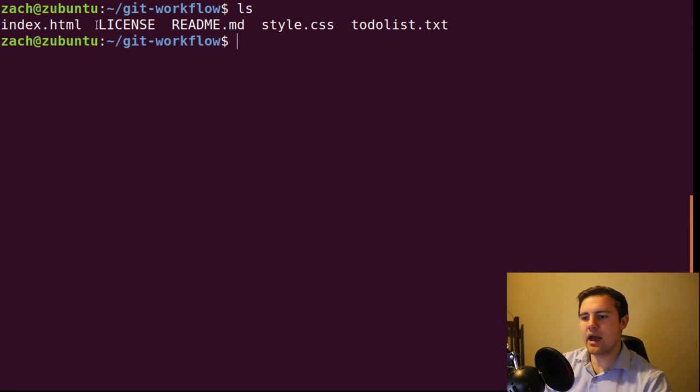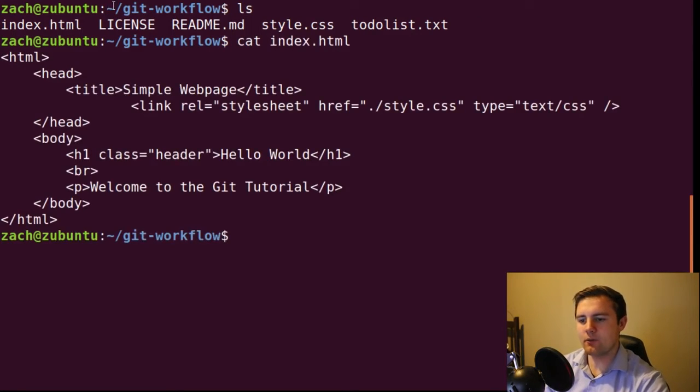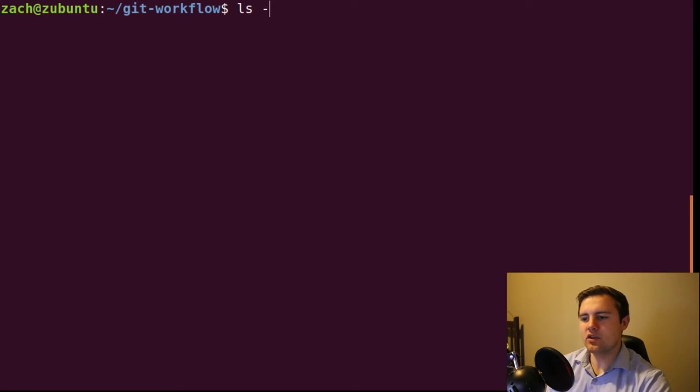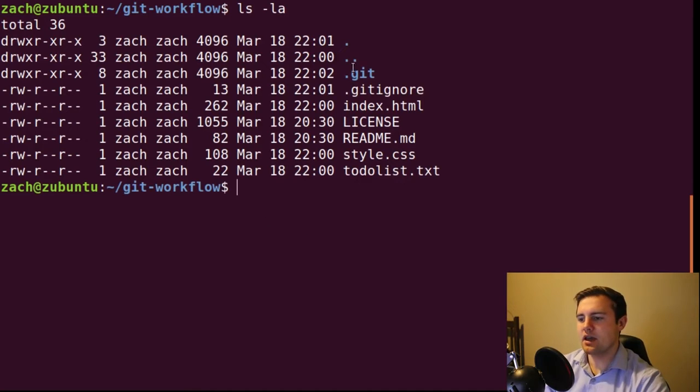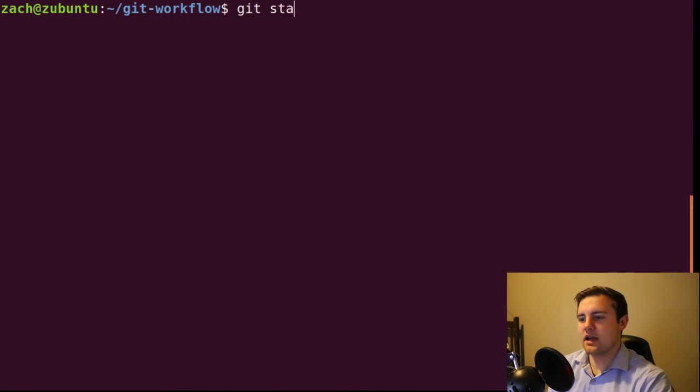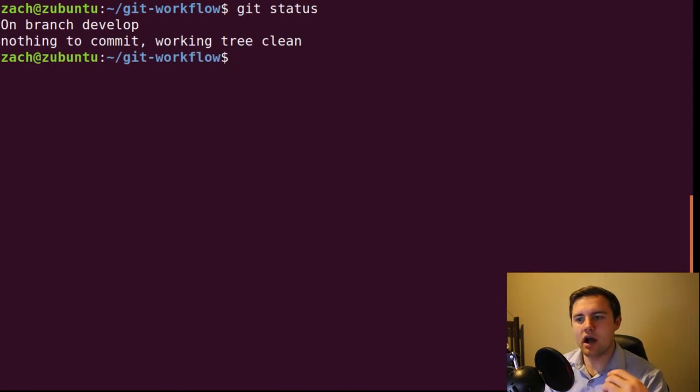So notice we don't have anything that resembles a JavaScript file, and if we cat out the index.html, we don't see anything down in the body that links up to a JavaScript file. So clearly we don't have those changes there, but what we do have, if we print out hidden files, is this .gitignore file. And that makes sense because we added that to the develop branch. Now let's type git status. You can see that we're on branch develop, nothing to commit, working tree clean,